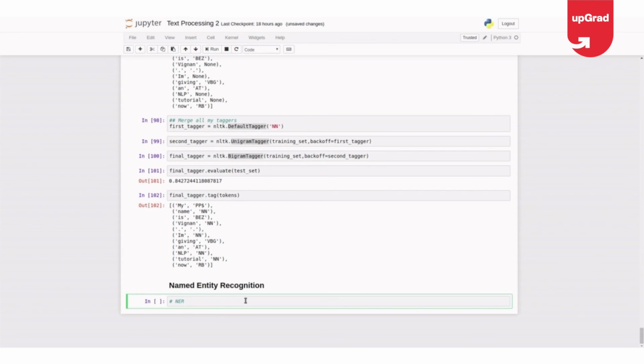So what do you mean by NER exactly? So if I have a sentence like Mr. Sundar Pichai is CEO of Google, California. So here I could say by reading this text that Mr. Sundar Pichai is a person, CEO is a designation, Google is a company or organization, and California is a location. Okay, by reading this text you can understand.